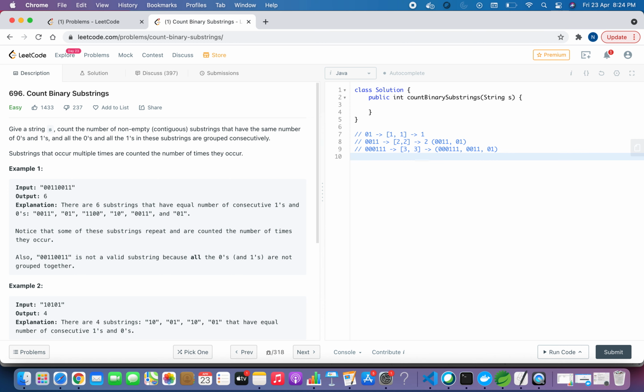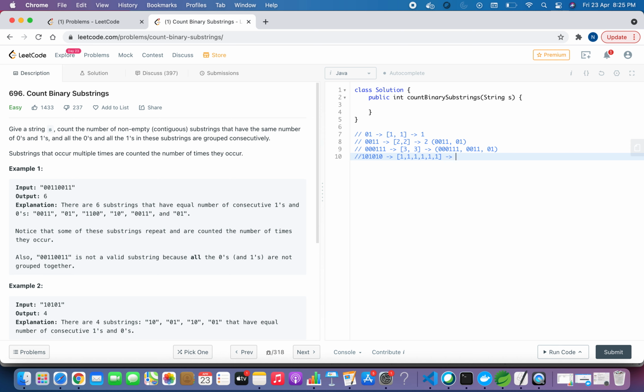And we'll take one example which does not have all the zeros and all the ones together, for example 1 0 1 0 1 0. Here also you will be able to see that this problem is broken into this kind of subproblems. So we will have groups of 1, 1, 1, 1, 1.